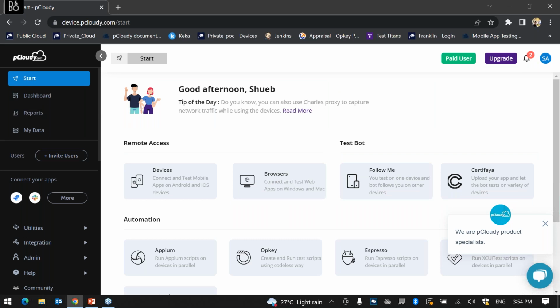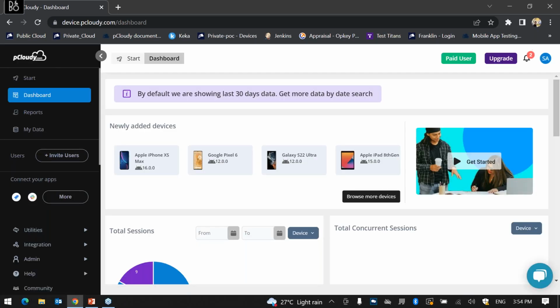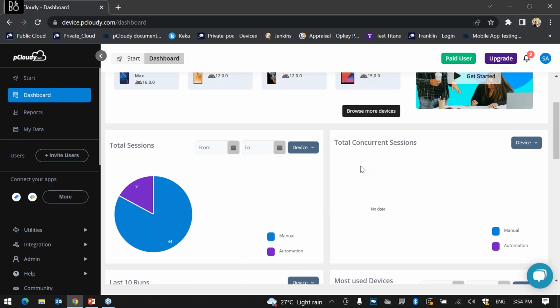And there are some other sections as well, where you can go to the dashboard, right? There you can quickly understand different aspects and parameters, like any new devices that are added to the cloud. You can get these details, and you can also browse for more details. There is also a get started video on the right hand side, which can help you quickly understand. If you are new to pCloudy and want to create your first test, there's a small video which can always help. Plus, we have added some important parameters within the dashboard,